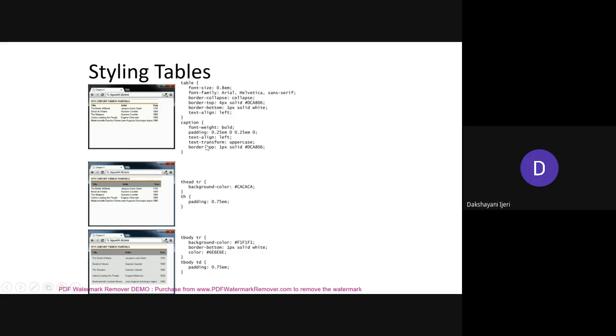Text-transform, as the name indicates, changes the case of the caption to either uppercase or lowercase. And you can even put one more line above the heading by taking border-top with specific values: the thickness, the type, and even the color. These are the hexadecimal notations for the color of the borders.